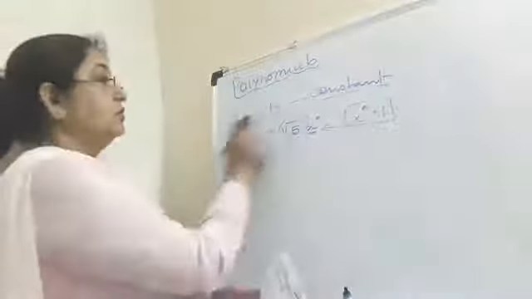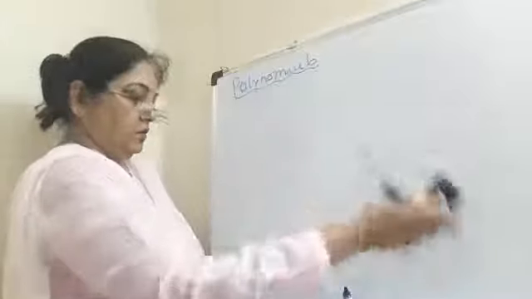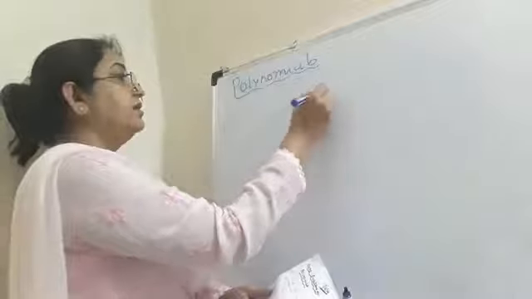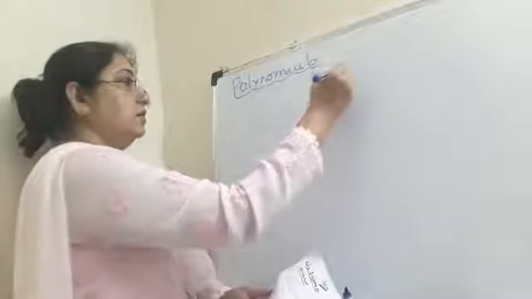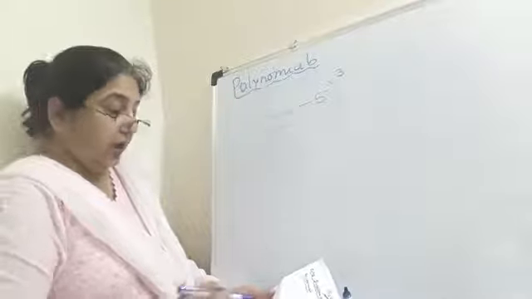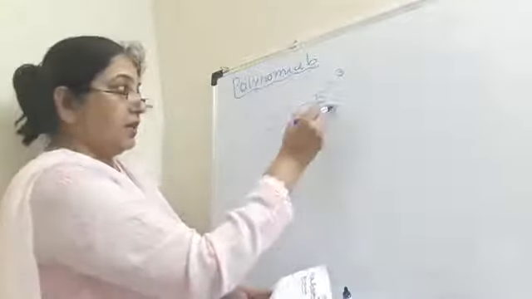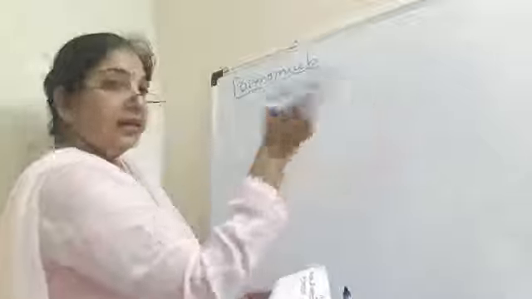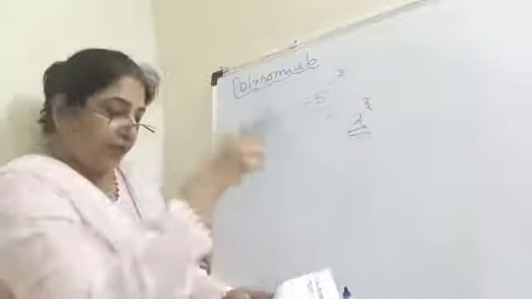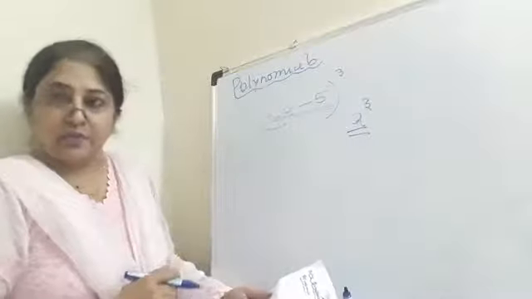So, a minus 5 the whole cube, right? 2a minus 5 the whole cube, and when you solve this, you will get a term in a cube, and for a cube you have to find the coefficient.